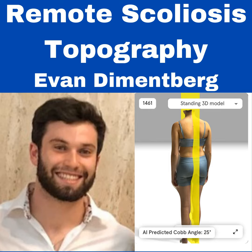So if I sum it all up, one x-ray at diagnosis, and then you can use topography, use Momentum Spine, until it tells you there's change. That's a reason to go get another x-ray and make sure that things are stable. Awesome. That's right along the lines of how we use topography in the clinic here. It doesn't replace it, but I think we can limit the number of x-rays these kids get,